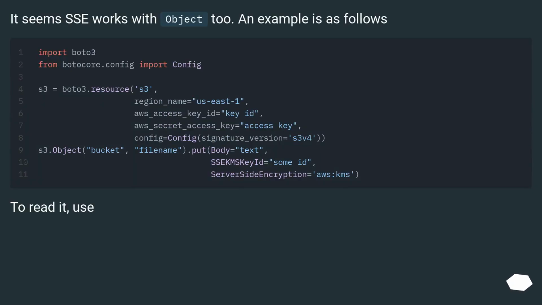It seems to work with object too. An example is as follows. To read it, use